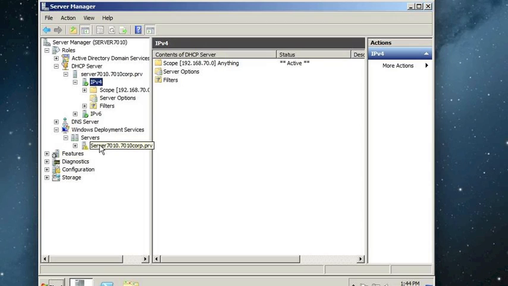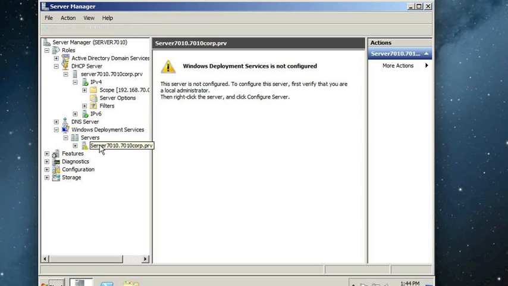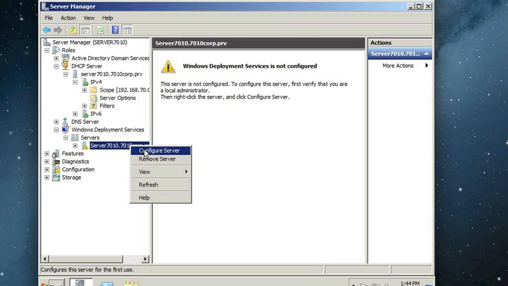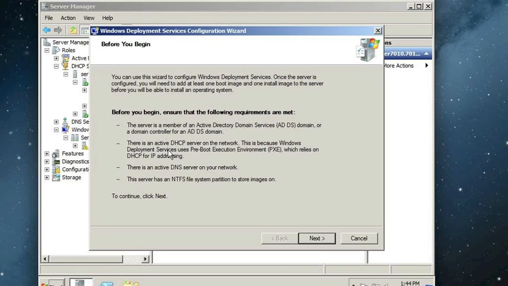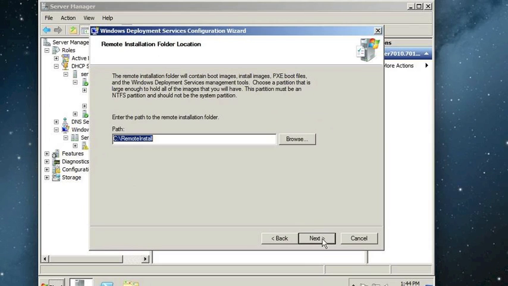Here's a server, and this server is not configured. So we need to right-click the server and click Configure Server. And it's going to ask us for all of these options. Where do I want to store these images? Boot images and install images